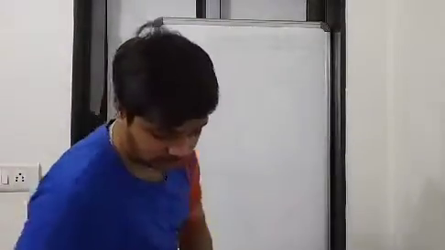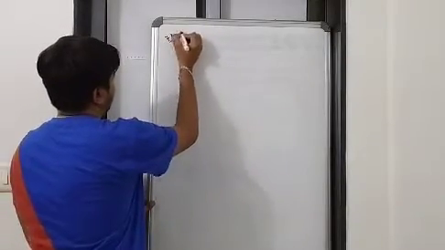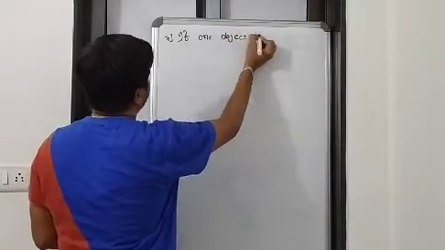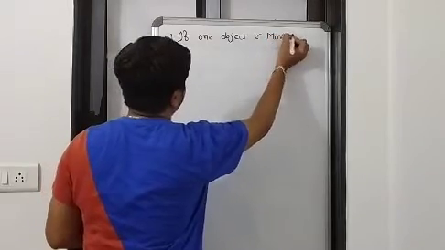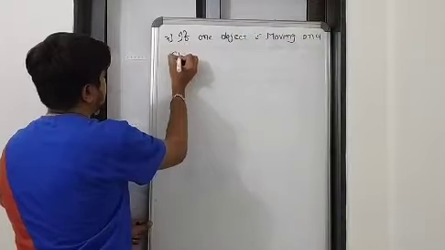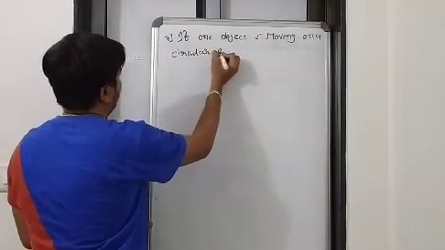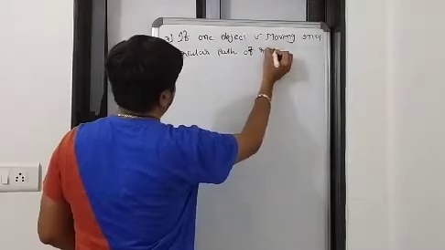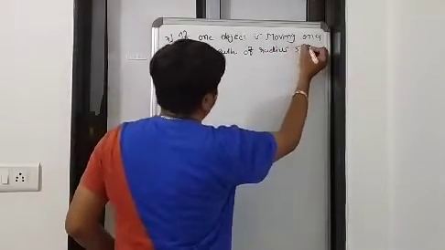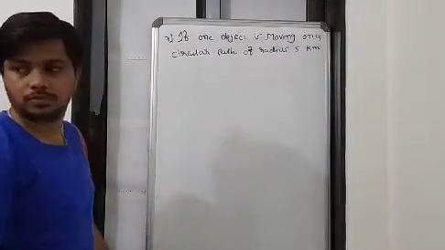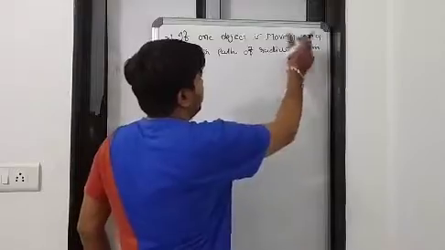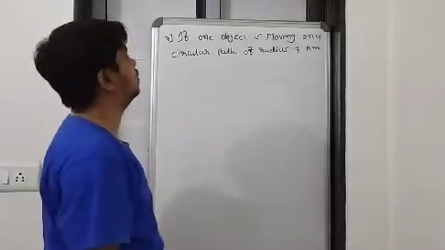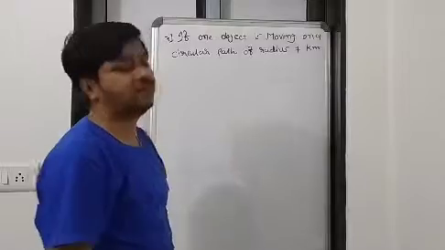If we take here an example: if one object is moving on a circular path of radius 5 kilometers. We will take 7 instead of 5. It will be easy for us, okay? Just for understanding. So, if an object is moving on a circular path of radius 7 kilometers,